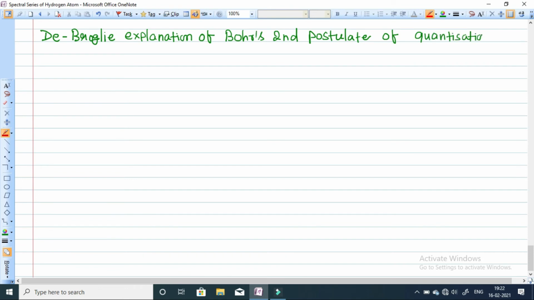So Bohr's second postulate states that when an electron is revolving around the positively charged nucleus,